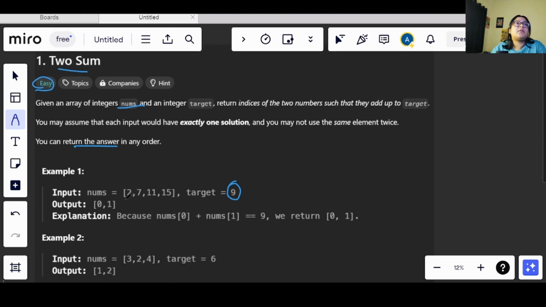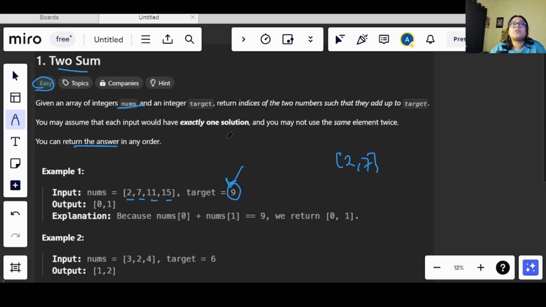Like here we have been given 2, 7, 11 and 15, okay. So now here the array is sorted, but it is not necessary the array will be given in a sorted manner, okay. So now the numbers that we have been given is 2, 7, 11 and 15, and the target given is 9, right? So let's see what are the pairs that will sum up to 9. So when I take 2 and 7, it will sum up to 9.